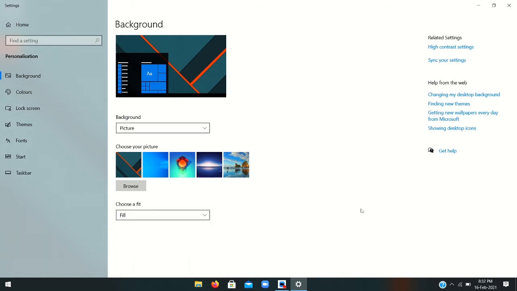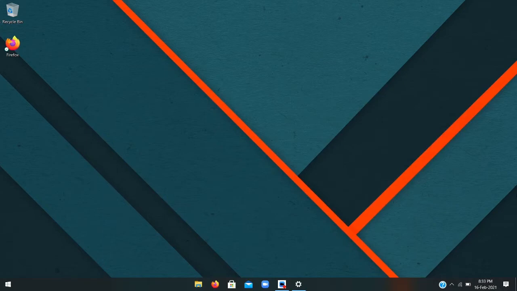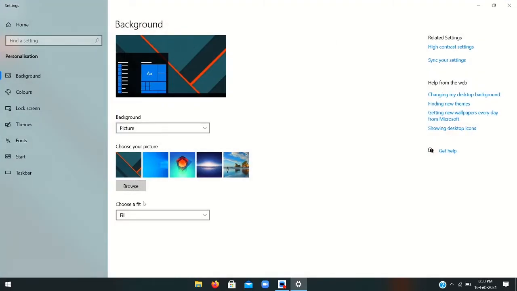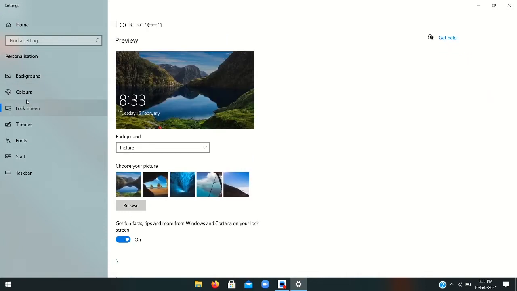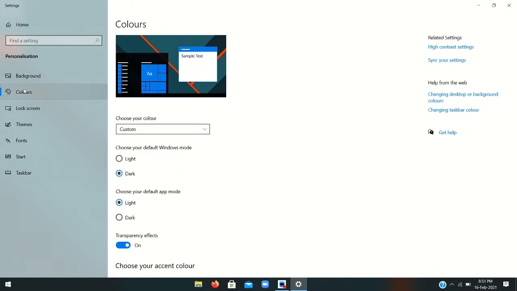And sometimes the backgrounds don't match the size that you want. For example, I'm on a 1920 by 1080 screen, but this wallpaper is actually 4K. So what I did is, in choose a fit, I chose fill. So that's good. And now we can go to colors, which chooses your